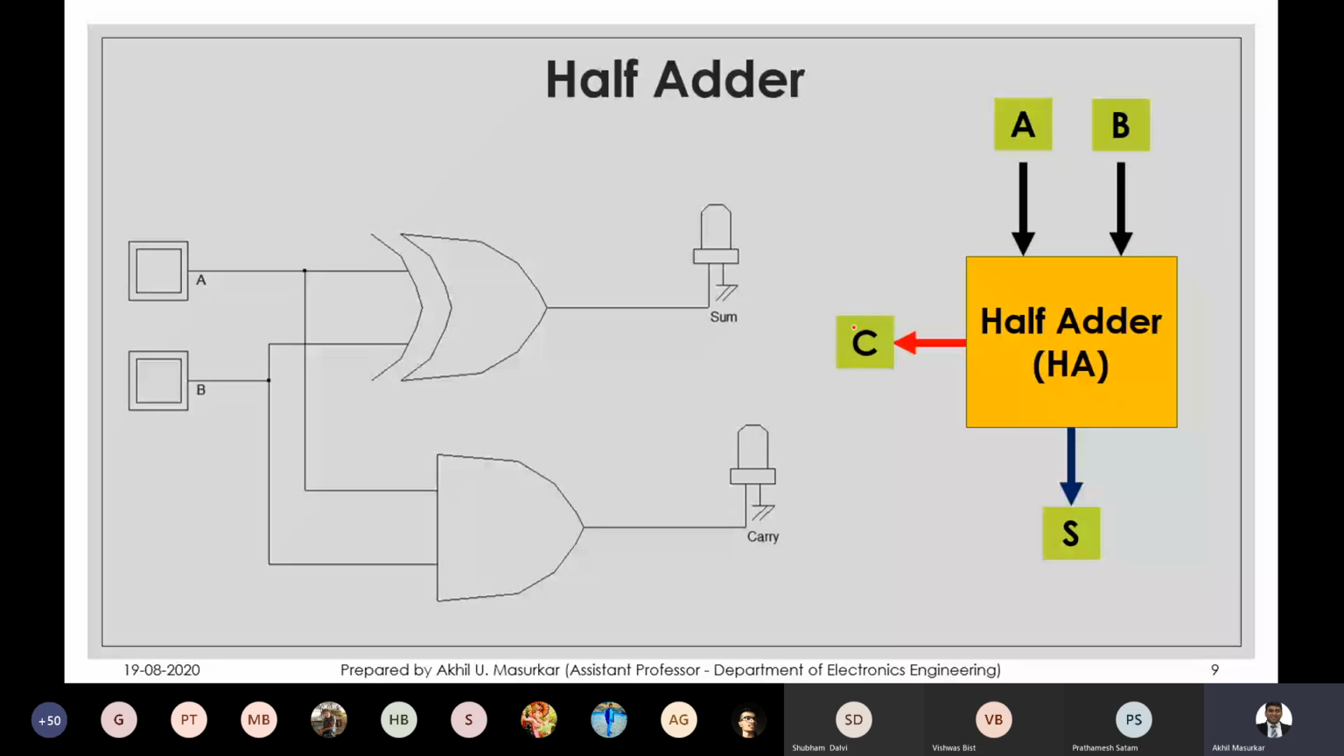So you implemented this particular circuit. Now if you want to implement it